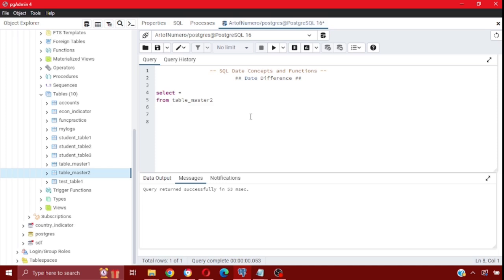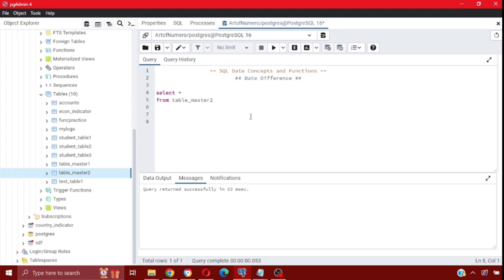The date difference is a very important concept in all data analytical tools. Either you're using SQL tools or a programming tool, it's very important to know how to perform a query or a function to get the difference between two dates in terms of years, months, days, etc. So in PostgreSQL, while on other tools we're using a function called date difference or datediff,